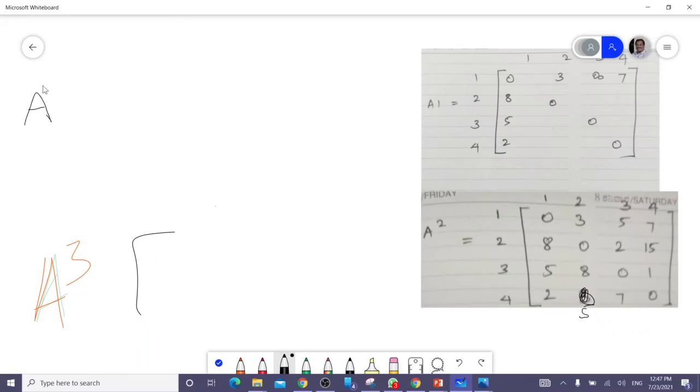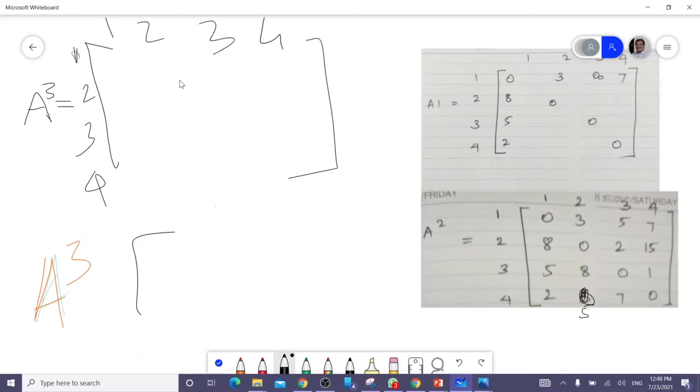A3, again the same principle. 1, 2, 3, 4. Same way, make the diagonal elements 0, 0, 0, 0. Whenever you are writing A3, you make the third column constant.